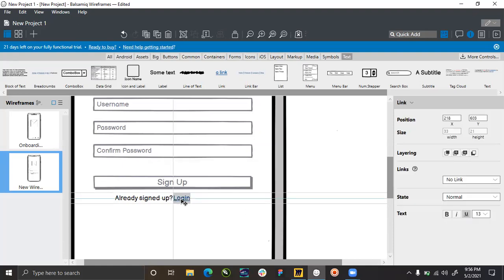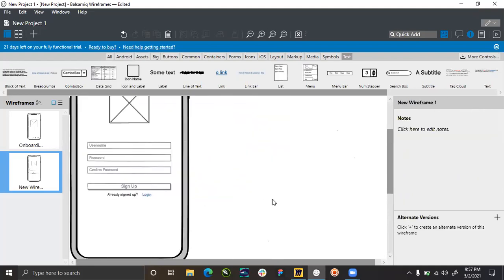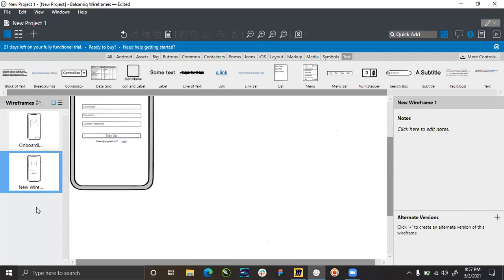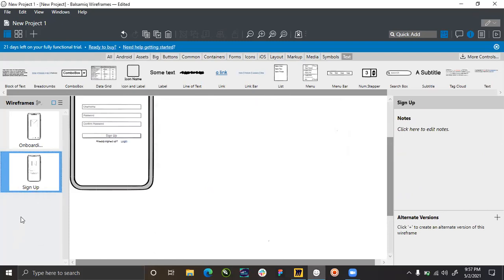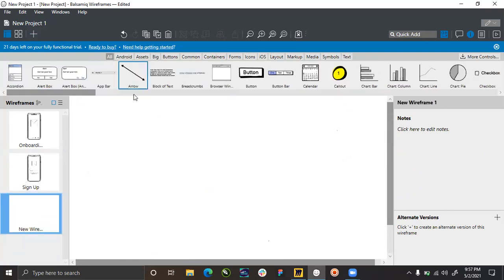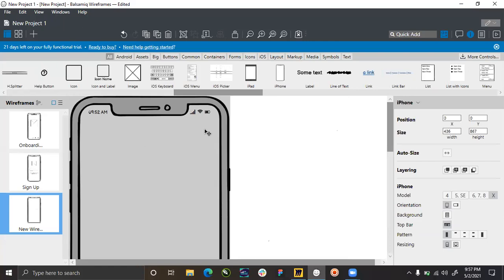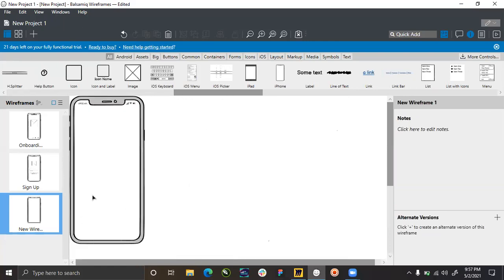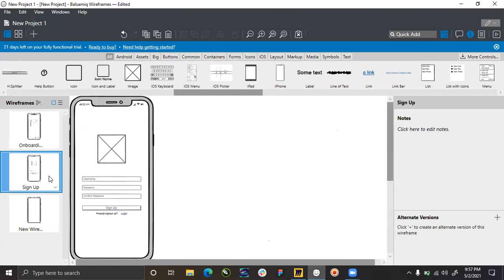And I'll do this. This one is just for those of us that like FEV. And then, yeah, so our sign up page is done. Same thing. So I could come here, rename this to sign up. And next up, new wireframe. What else do we do? We go and input our iPhone. That sounds nice. Okay, now we put our iPhone, and we could choose to create a login page, but you could just duplicate this. When you right click and duplicate,